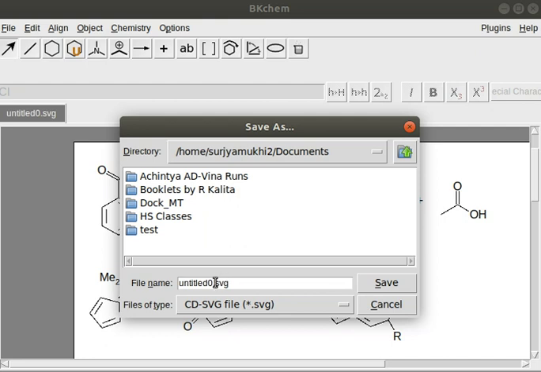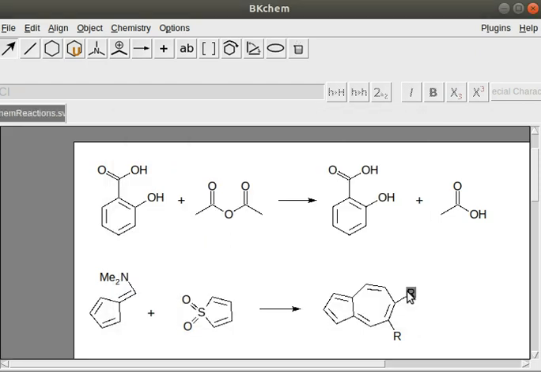Documents destination is okay. Instead of this original name untitled 0, we choose a name like chem reactions, with the extension SVG, so it becomes chem reactions full stop SVG. This gets saved. After that we need to export it.